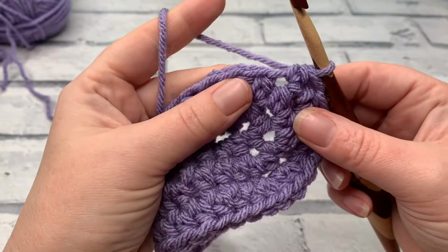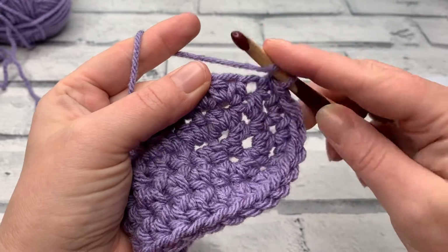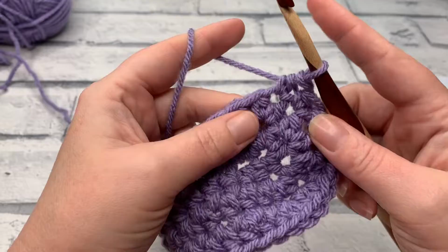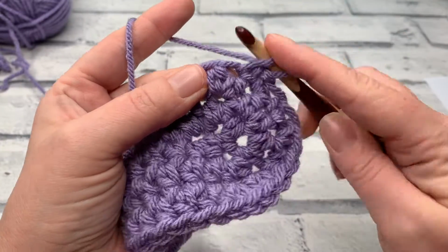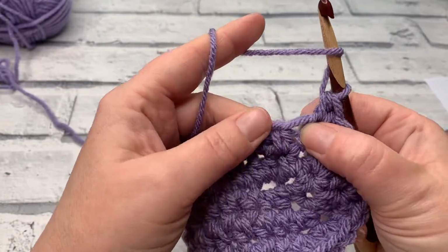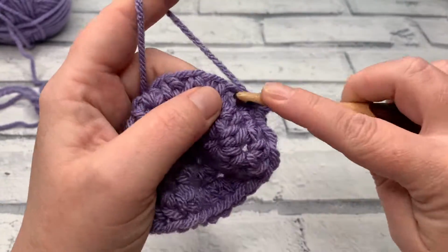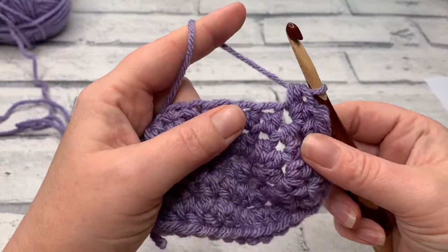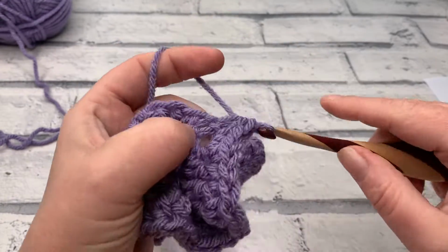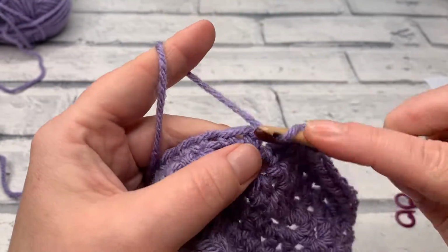We then work 2 half double crochets into the next 2 stitches. So we yarn over, insert our hook into the next stitch, pull through 3, and we're working another half double crochet into the same stitch, and we repeat that again. We then work 1 half double crochet into each of the next 6 stitches. So that's 1, 2, 5 and 6,